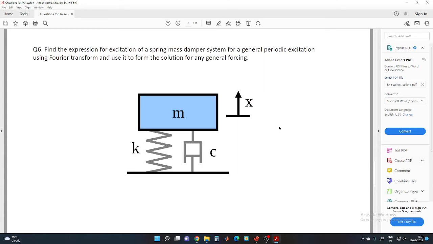So now we have a new question. This is the usual spring mass damper system. Find the expression for excitation of a spring mass damper system for a general periodic excitation using Fourier transform, and use it for the solution for any general forcing. So why is this problem even relevant in the course? So in the course right now, what we study is,